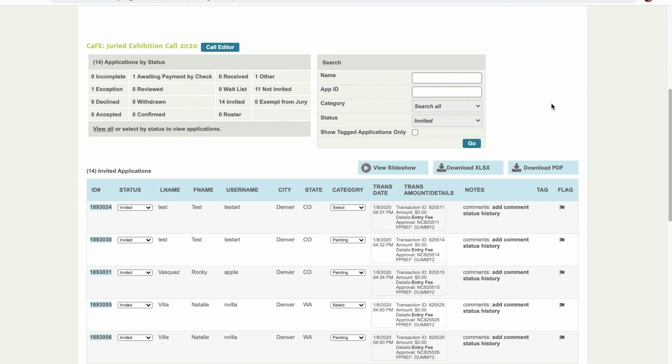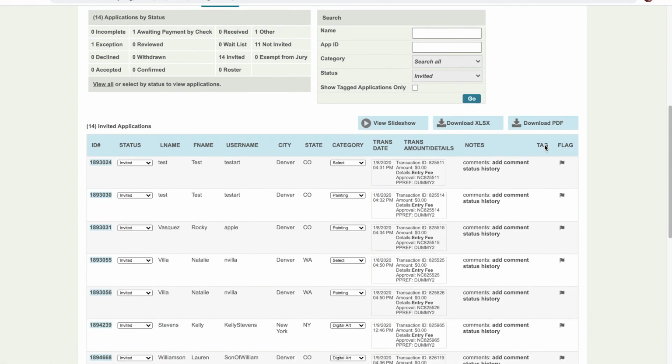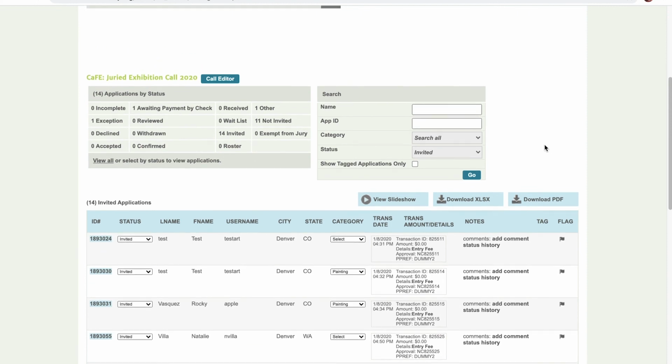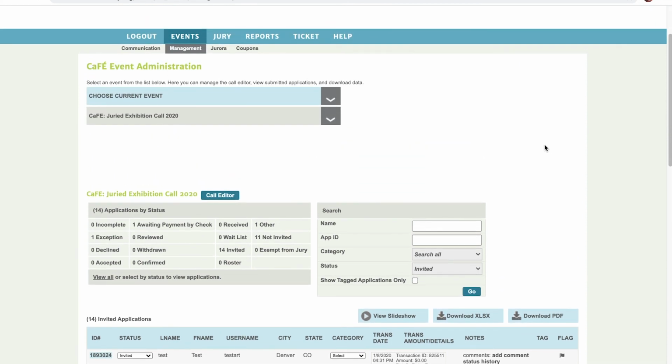So it's a good idea to download what you need ahead of time, although if you need to go back and try to find information, you know that some of it will at least still be there. You also won't be able to request an image download link of the high-res images from an archived call. So make sure if you want those that you ask for them before you ask us to archive.